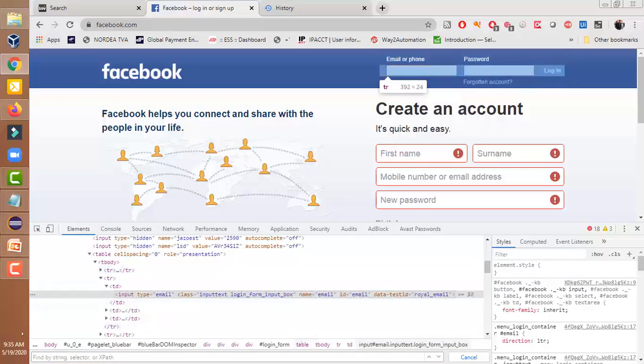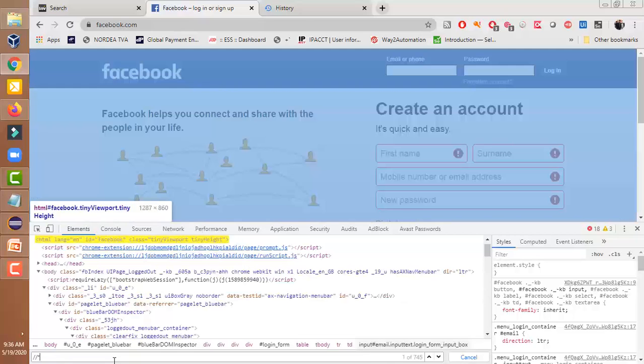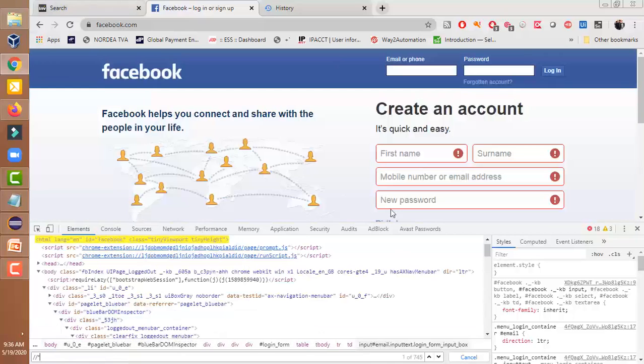Let me explain how we can write the XPath. On the bottom of your screen it is written: find by string selector or XPath. Slash means all of the elements. When we write the star after this slash, it is showing 745.